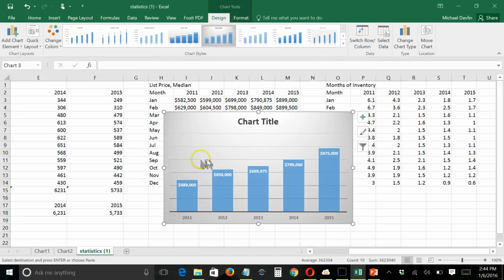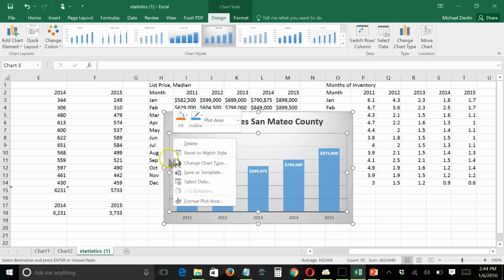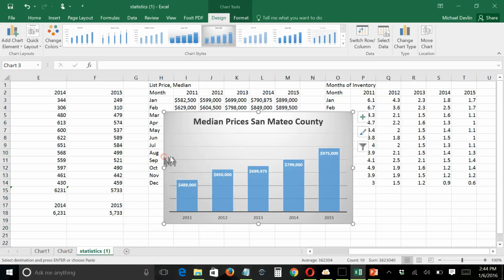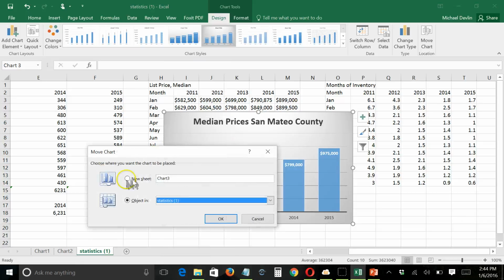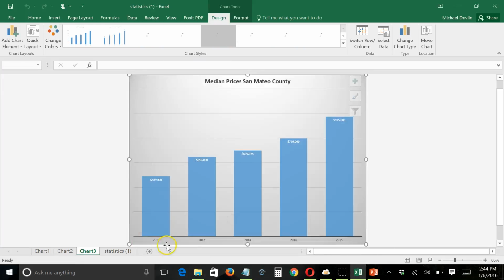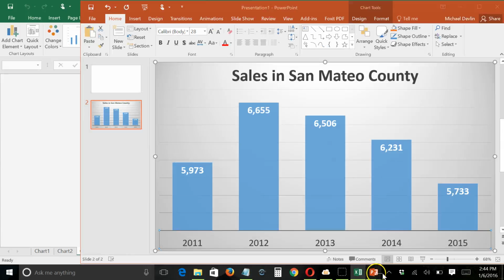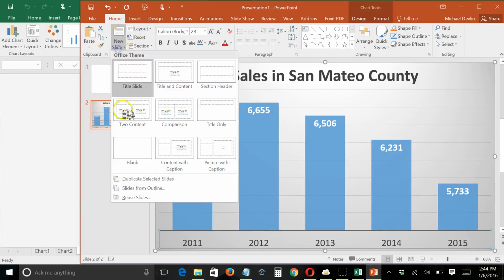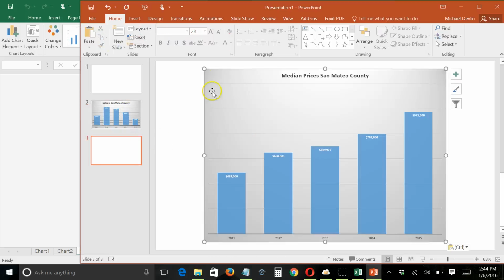Chart title is median prices San Mateo County. Back here, I move the chart so it's not there. I copy the chart, go back to PowerPoint, I add another blank slide, I paste it in,